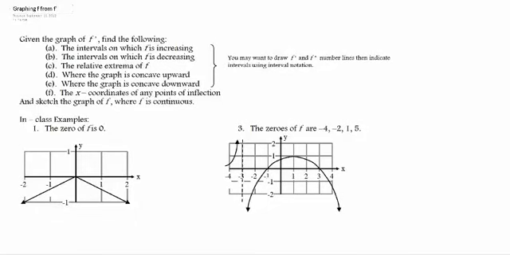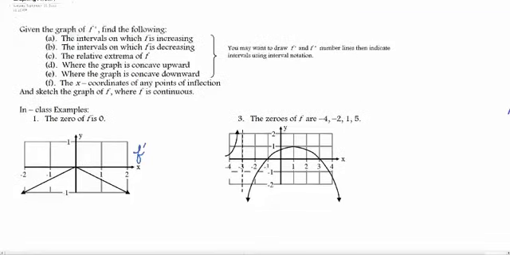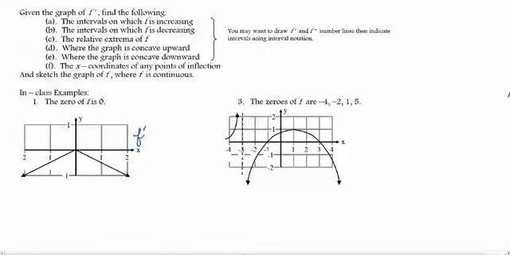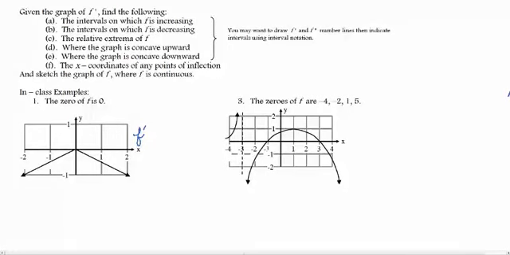Okay, so here on our first problem we're going to graph f given f prime. So this right here, guys, is f prime, and we want to find all of these six things, A through F. And I suggest that we actually list those out after we have already sketched out what the graph of f